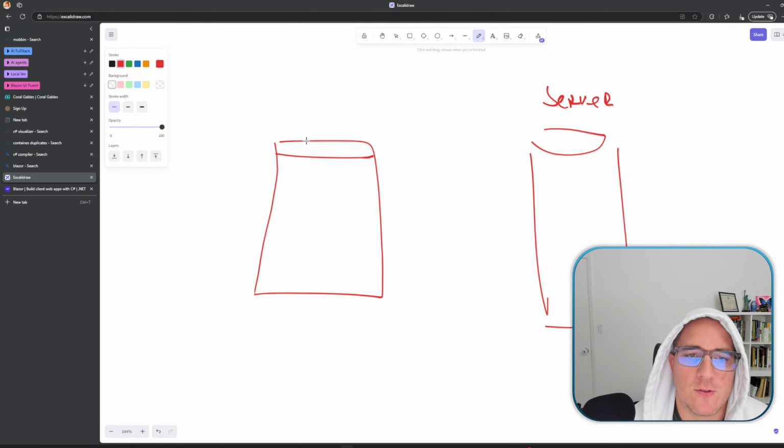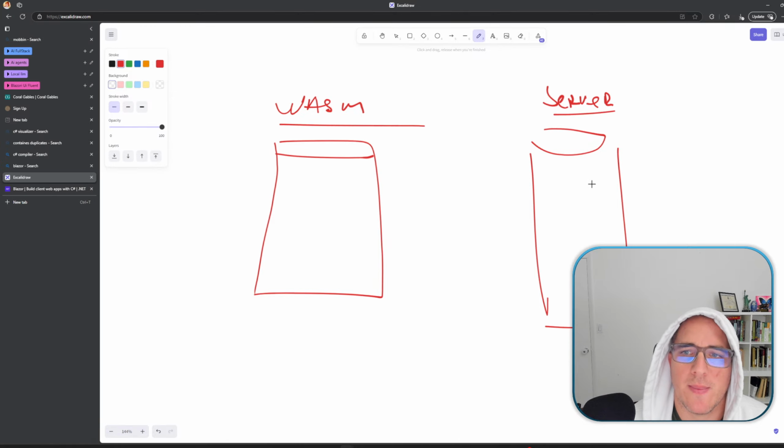So we have two ways to run our app. We have WASM, which is WebAssembly, and we have server side. The main difference is the interactivity mode that you can allow to your pages